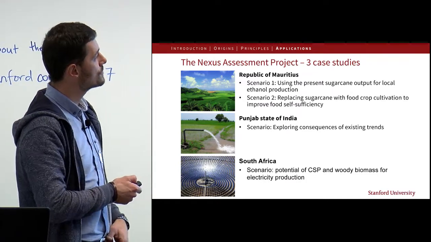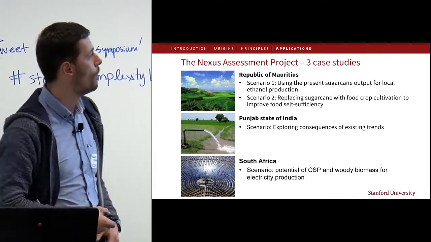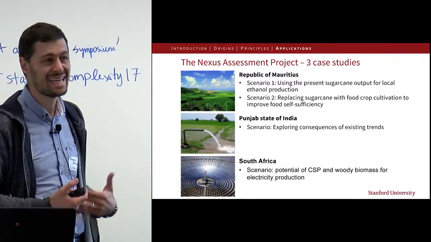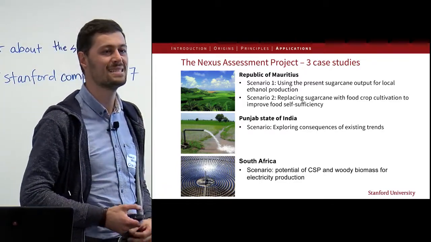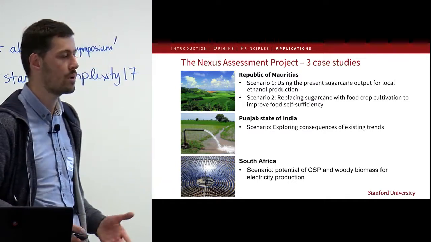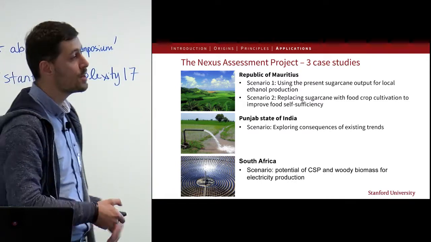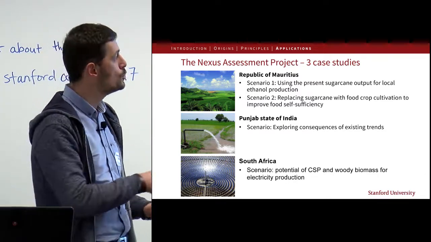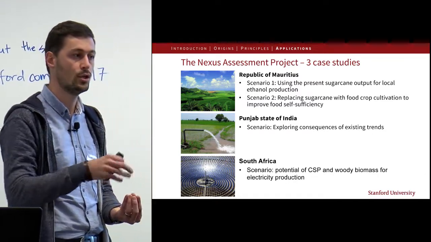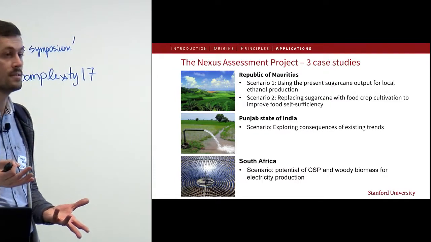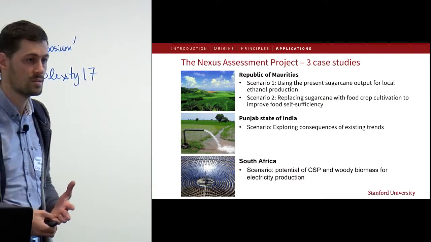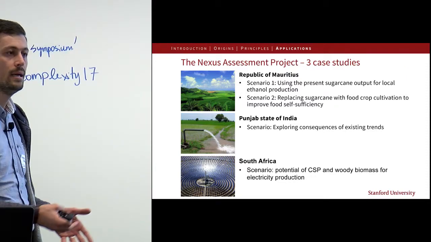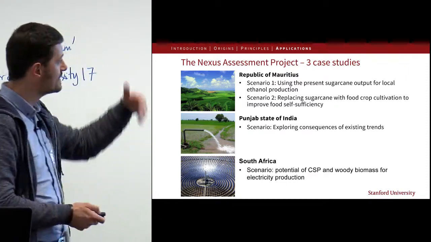So we were first trying to see what is the possibility of producing ethanol? And in the end, it turns out that it's not that clear that there is a real potential for that. So we came up with a sort of alternative scenario: why not diversify the use of crop cultivation in order to reinforce self-sufficiency? It would make even more sense, and they could even sell products to the tourists coming to the island, for instance. So this kind of scenario.